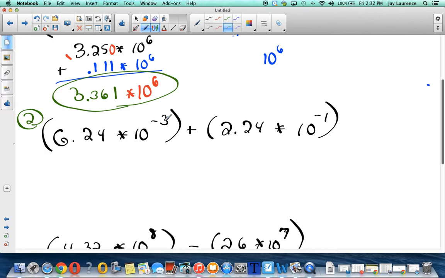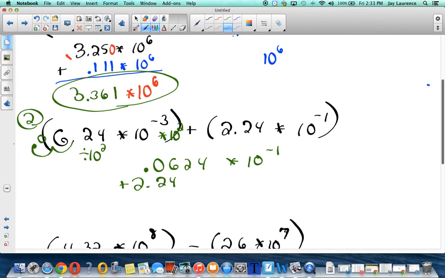Okay, I've got a negative 3 and a negative 1. I'm going to multiply this guy by 10 to the 2nd power because negative 3 plus 2 will be negative 1. Then I'm going to divide by 10 to the 2nd power, which will forcibly move this decimal point 2 places to the left. So I'm going to have 0.0624 times 10 to the negative 1st, and I'm adding the 2 and 24 hundredths to it,